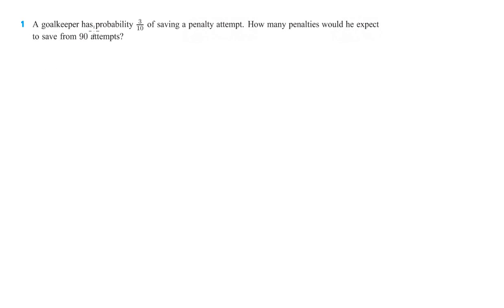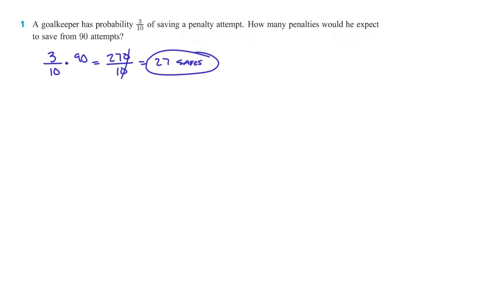Okay, first one. A goalkeeper has a probability of 3 out of 10 of saving a penalty attempt. How many penalties would he expect to save from 90 attempts? So we're simply going to take the 3/10 and multiply that by 90, because he's expected to save 3 out of every 10 times 90 total attempts. That is going to give us 270 out of 10, which would simply give us 27 saves is what the